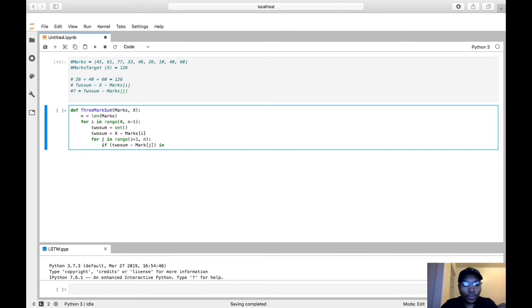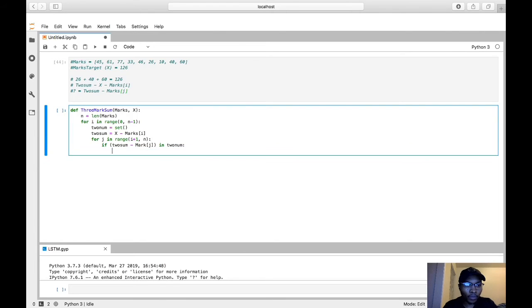is in two numbers set, is in two numbers, then we know that we have our three numbers, right? Two num, okay, same spelling. So now if this is true, we can print out